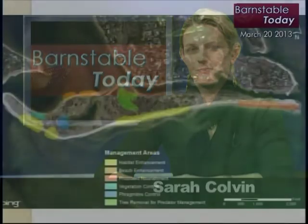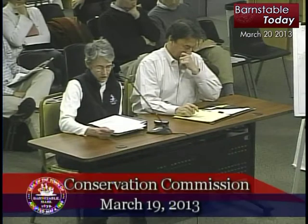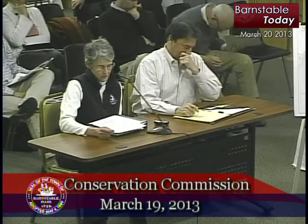Plans to dredge Samsons Island and use the spoils to replenish Dead Neck were again before the Conservation Commission last night. Mass Audubon presented their portion of the project. The dredging and renourishment project proposed by our 2 organizations will restore and protect habitat for coastal birds. Nourishment of Dead Neck and habitat management will